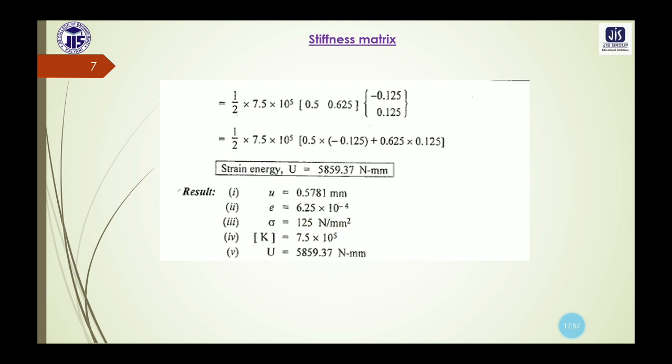So this is the procedure to solve such numerical for the bar element, where we have used the formula of the displacement function, the formula of the strain in terms of matrix, and the formula of the stress in terms of Hooke's law. For the fourth part, we have used the formula of the stiffness matrix, and finally we have used the formula of the strain energy in terms of matrix transpose multiplication with other matrices. So this is the procedure to solve such type of numerical based on the one-dimensional bar element.